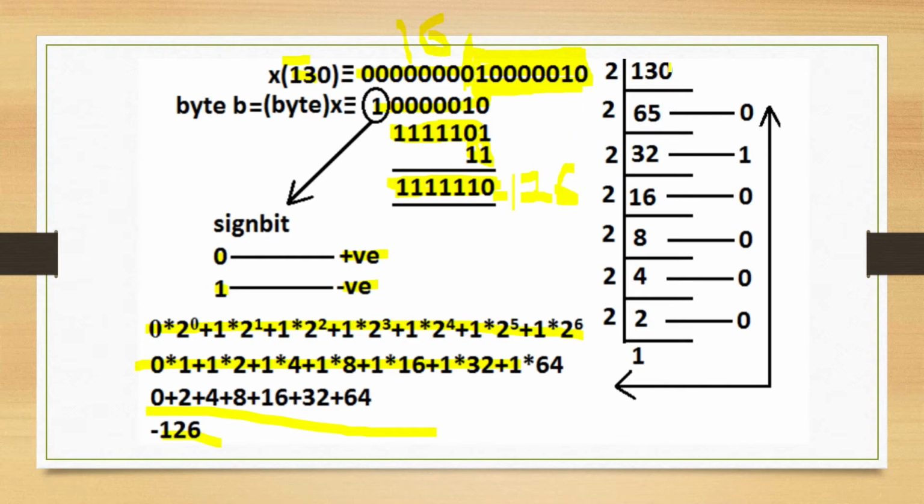If you want to get the binary of any number, we will simply go on dividing the number by 2, and whatever the remainder is, we will keep writing it. After we get 1, now that we have gotten 1, the number cannot be divided further. Then this is read from bottom to top, and that would be the binary sequence of this number.